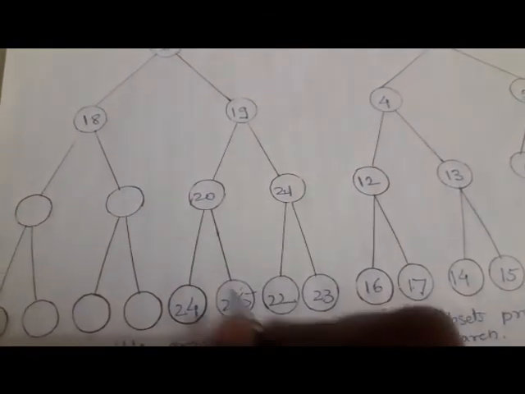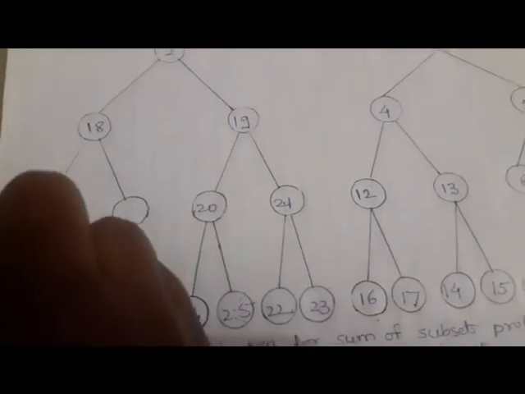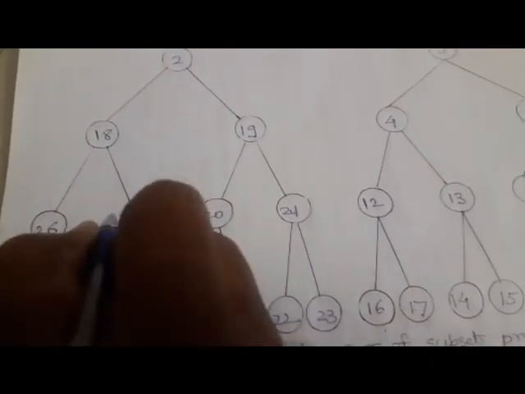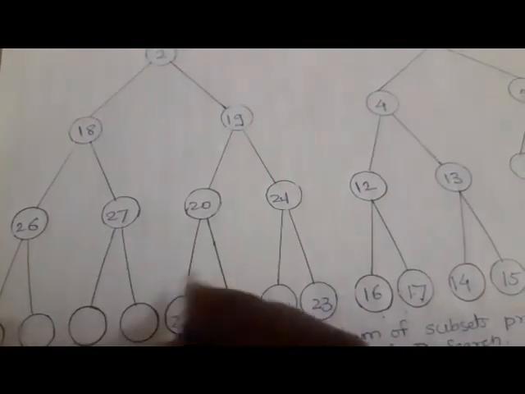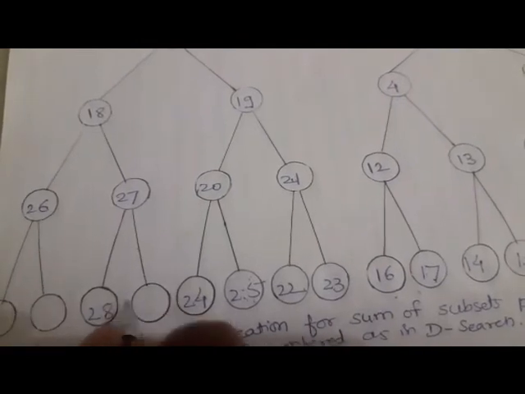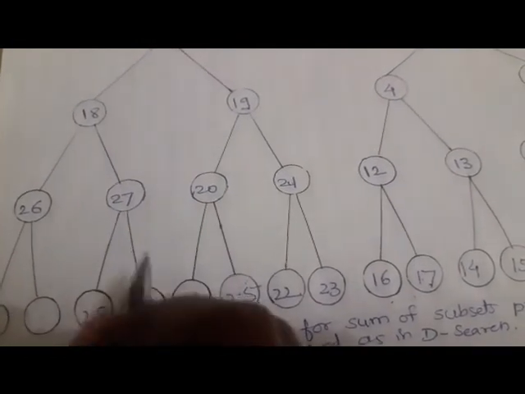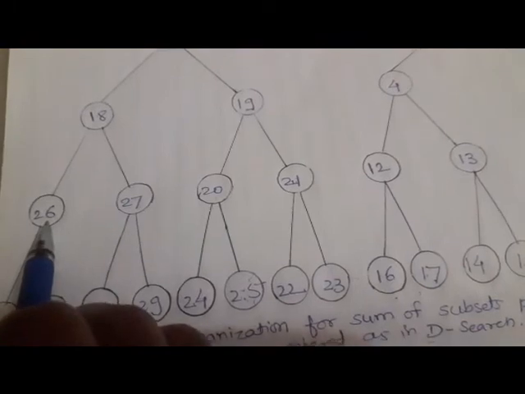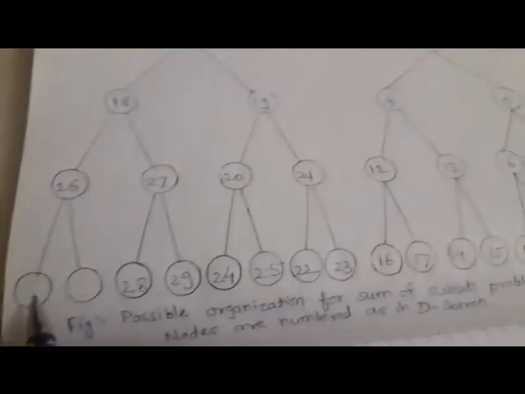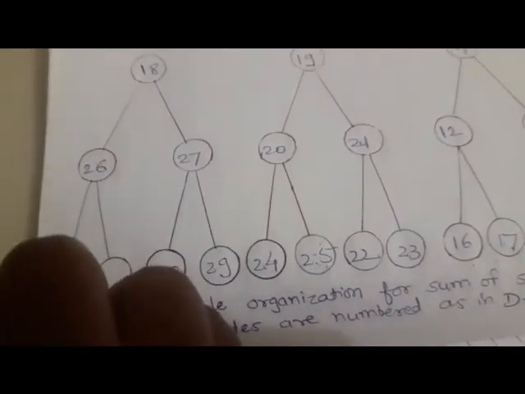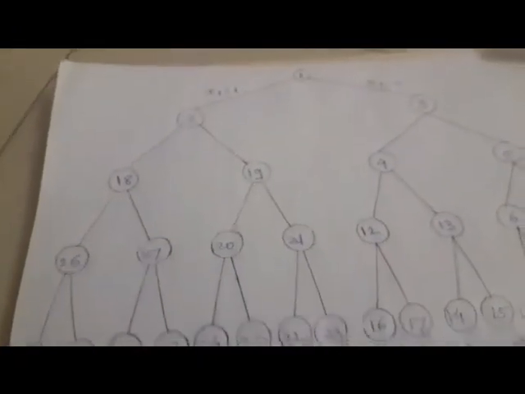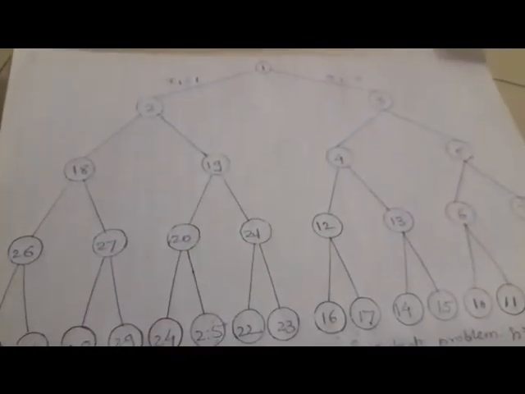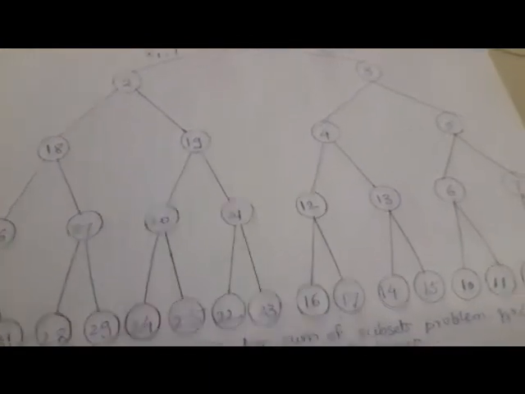So therefore we write the next numbers after 25. So that will be 26 and 27. So again 27 has 2 childs, therefore its number will be 28 and 29. So before 27 we have visited 26. So therefore we give the numbers to this child, that is 30 and 31. So here we have given the numbers for the nodes. Now we will write the values for the edges.